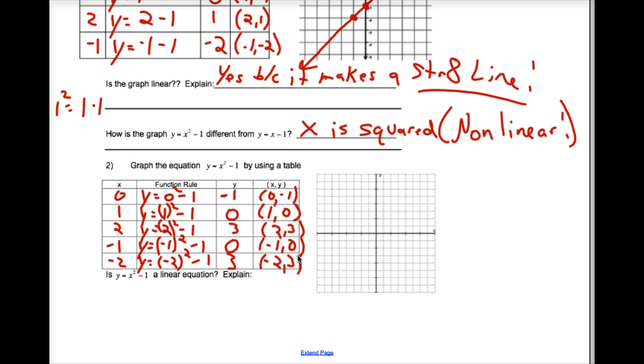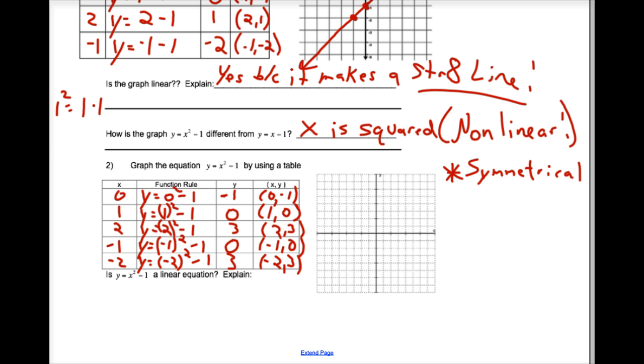Okay? Now, important word. I think you guys all know the definition of this word, but put a little star. Do you guys know what the word symmetrical means? Yeah. Equal on both sides. Okay? With these graphs, when x is squared, you're going to look for something